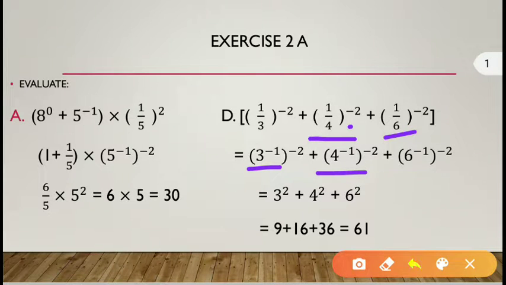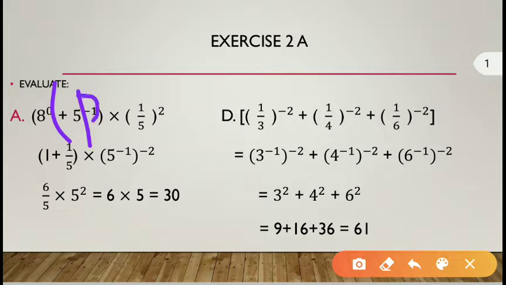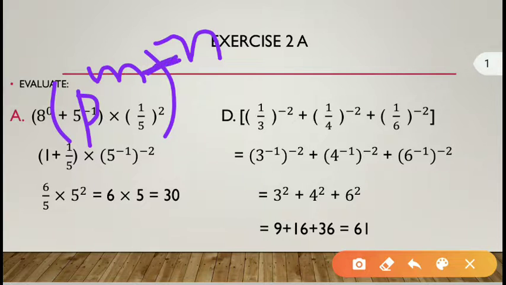Now, again like the previous question, this is in the form of p to the power m, whole to the power n. This power will be multiplied together. Minus minus will become plus, and 2 into 1 will give you 2, and the base will be the same. Here minus minus will become plus, and 2 into 1 will give you 2, so 4 to the power 2. Here minus minus will become plus, 2 into 1 will give you 2, meaning 6 to the power 2.